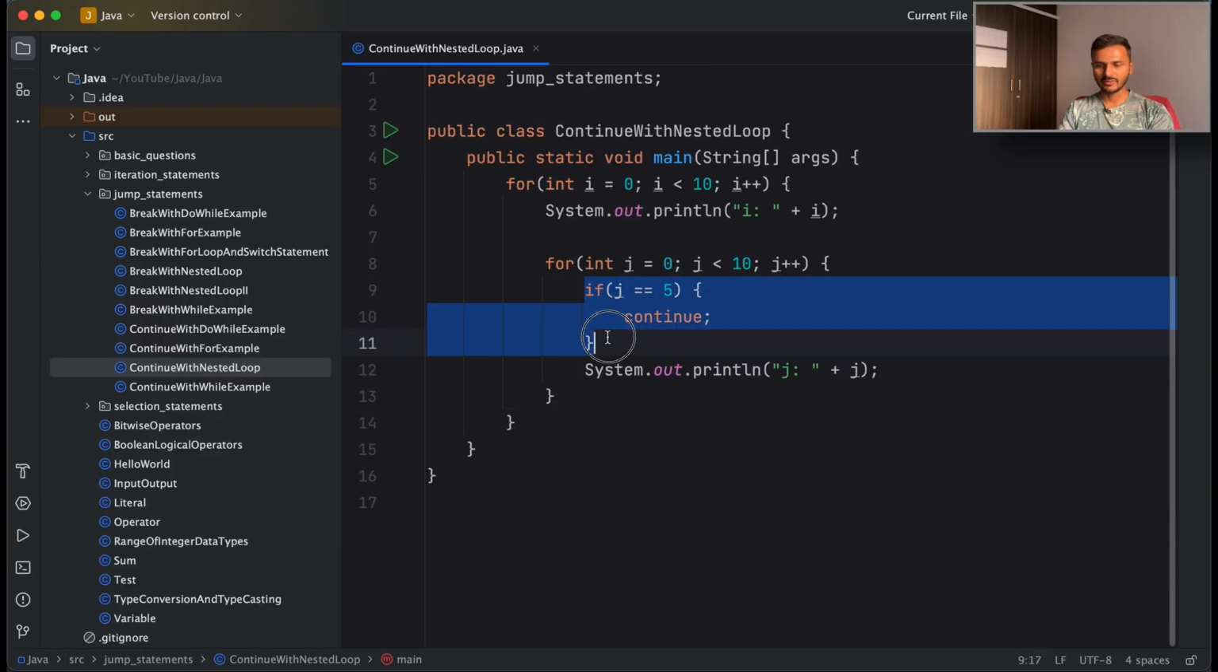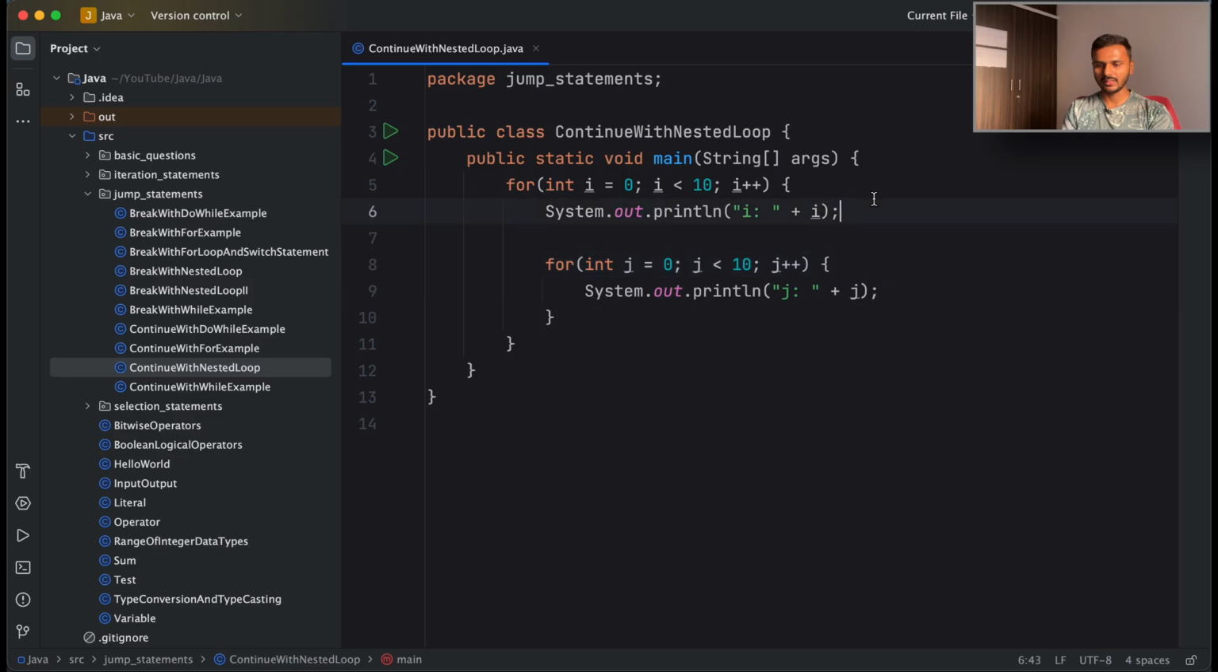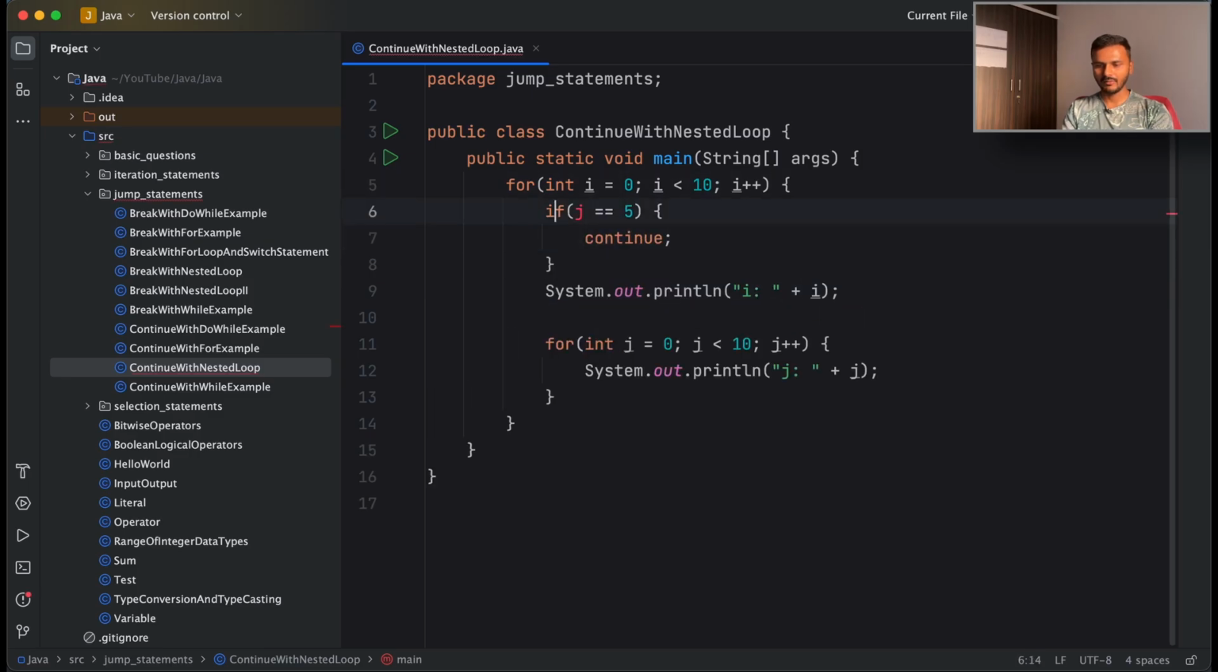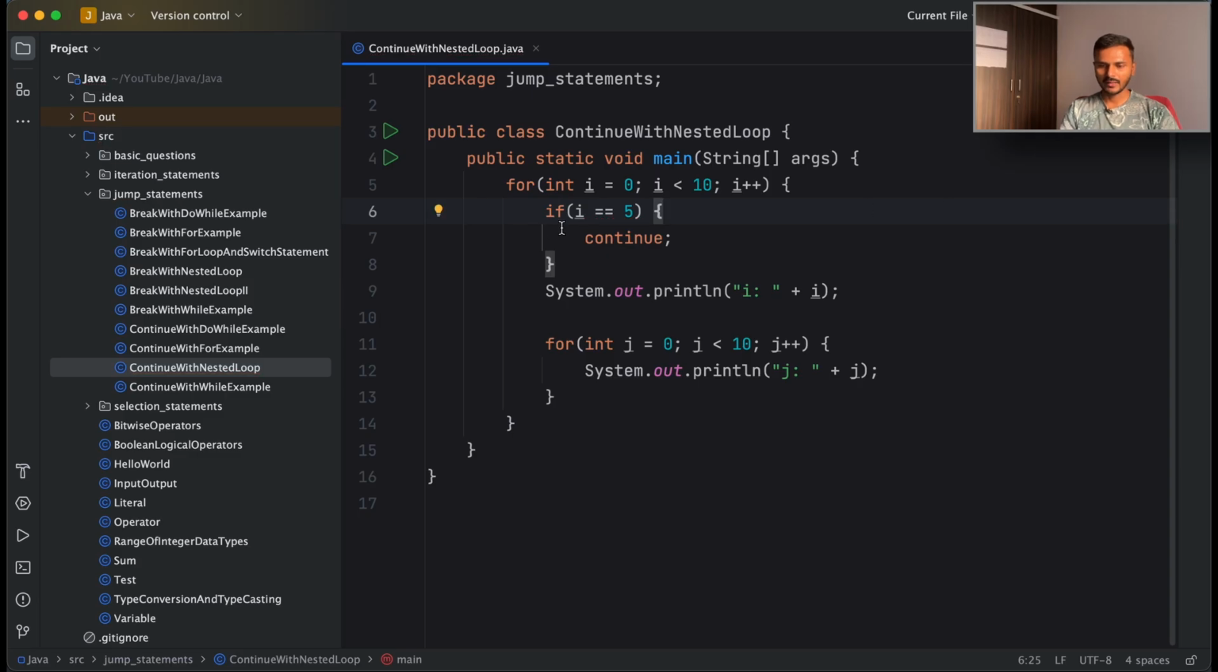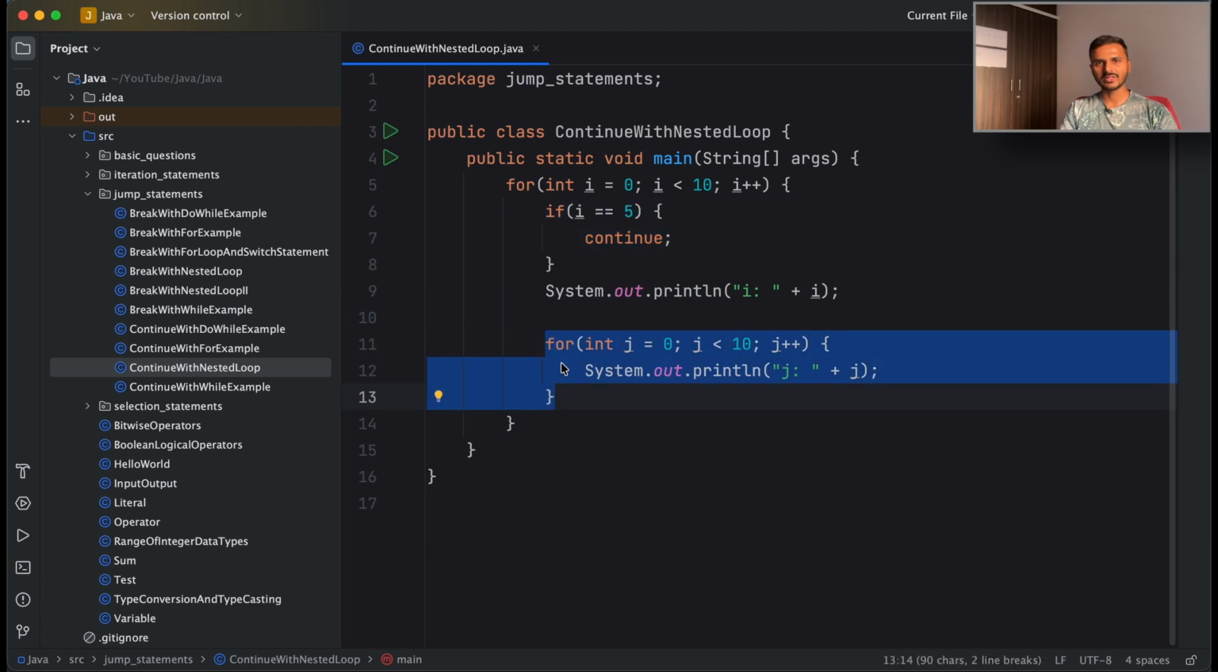And if I move this continue from here to the outer for loop, what would happen? And of course, I'll have to change this to if i equal to 5. That iteration where i is equal to 5 would be skipped. So we'll get i 0 and then j from 0 to 9, then i 1, j 0 to 9, all the way up to i 4 and j 0 to 9. i 5 will be skipped and then i 6, j 0 to 9 and i 7, j 0 to 9, and that's how